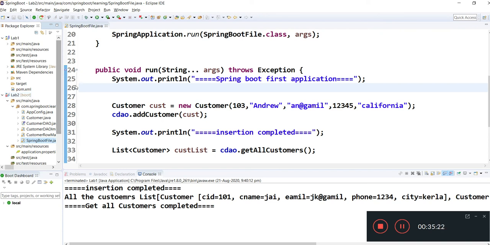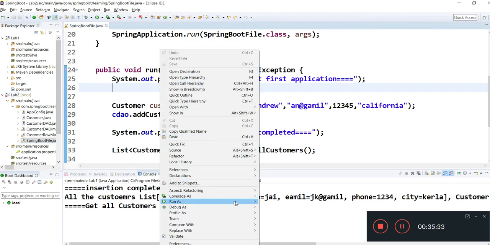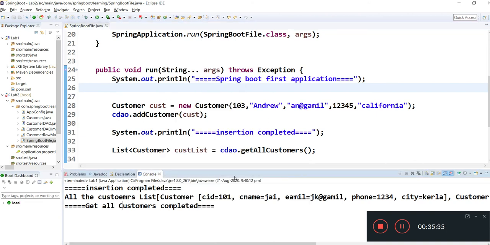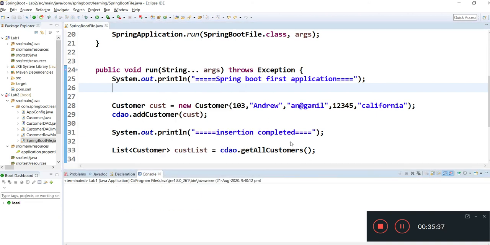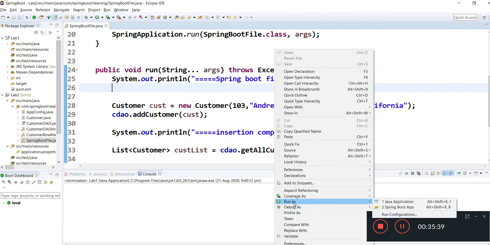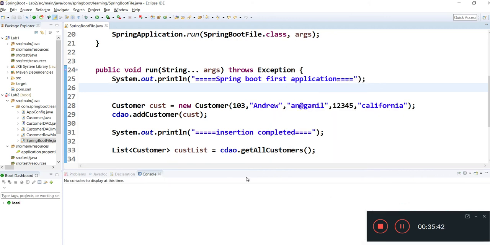I didn't mention anything. This is because of the dependencies you have given as Spring Boot starter, so it clearly says that this project is a Spring Boot project. Now we will run this program. First I'll clear this console and let me run as Spring Boot app.